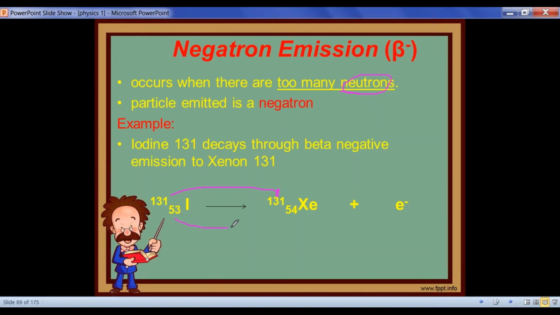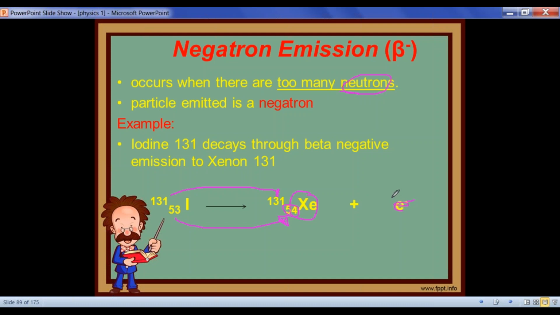So, here, 53, which is the number of protons, plus 1, it now becomes 54. And if we check a periodic table, the element that has an atomic number of 54 is xenon, plus electron that comes from the nucleus. Don't be confused. Yung electrons po na sinasabi natin last time sa ating discussion ay yung mga electrons na galing sa shell or sa orbits. Pinag-uusapan po natin dito, the electrons are the ones coming from the nucleus. Yes, there are electrons po na galing sa nucleus.